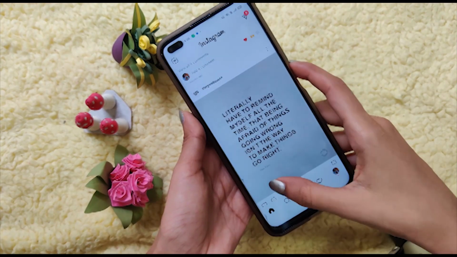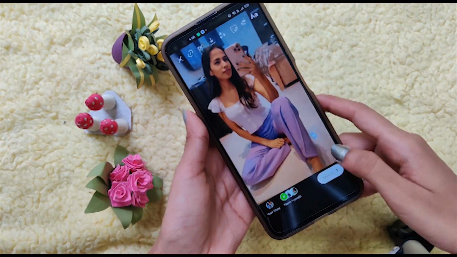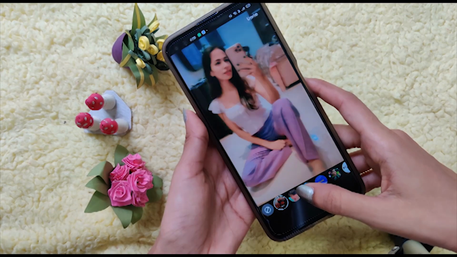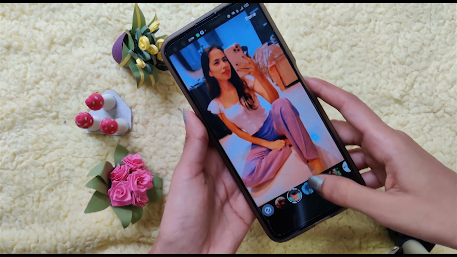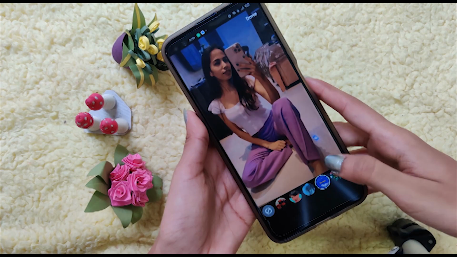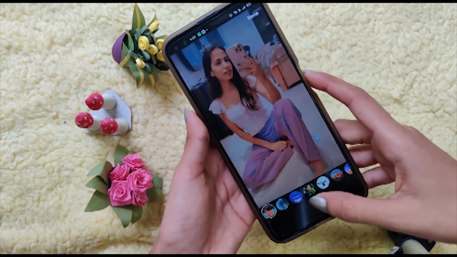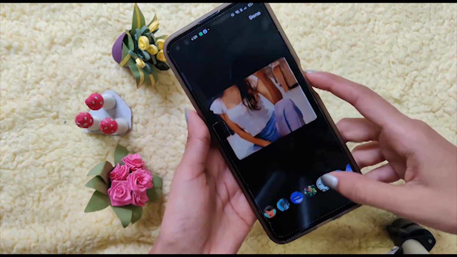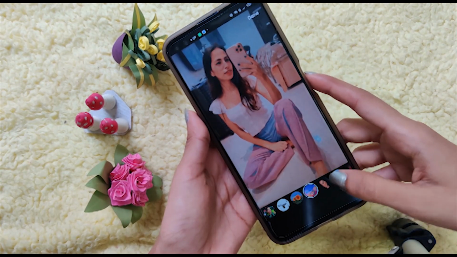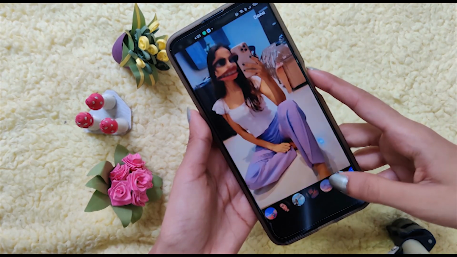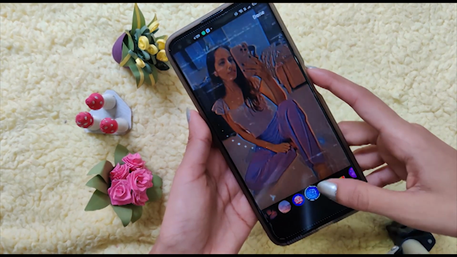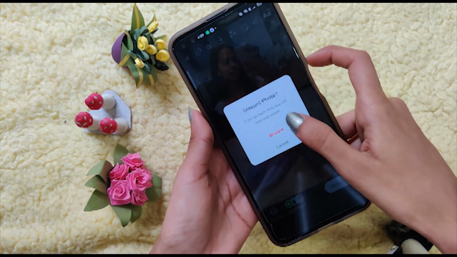So many times it happens that we haven't clicked the photo in a filter. Like we have clicked in our normal camera and we want to add an Instagram filter to that picture. So basically what you can do is just upload this picture on your Instagram, like on a story, and you can see this option. You can have all the multiple filter options, whatever you have saved. Whatever filter you save comes to the right hand side. So here also all those right hand side filters will come. So basically you can apply a filter to your normal picture as easily, and this is so easy.